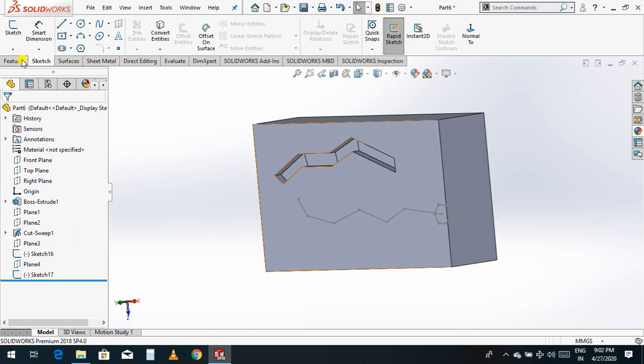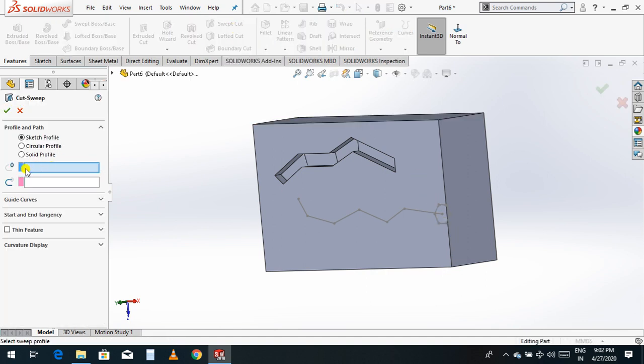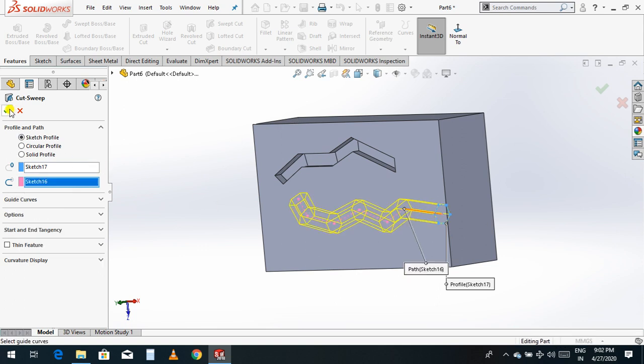Now go to feature, and swept cut. Select the swept cut, select the profile. This is our profile, and this is our path, so select this path. Okay,